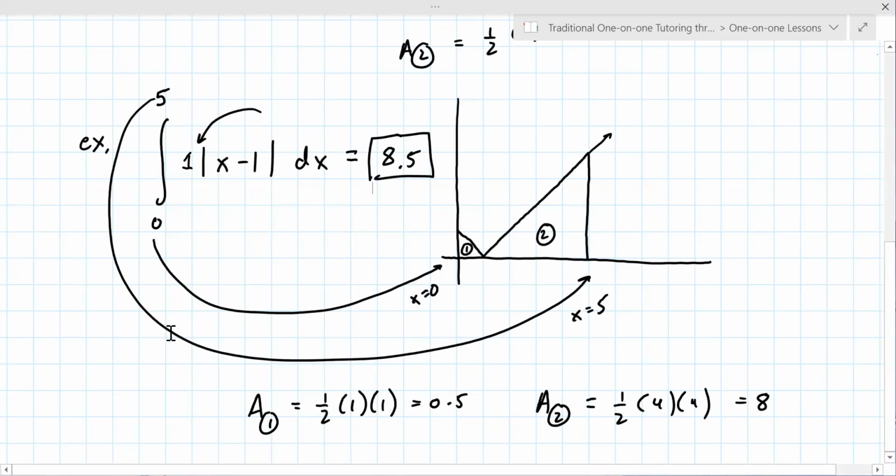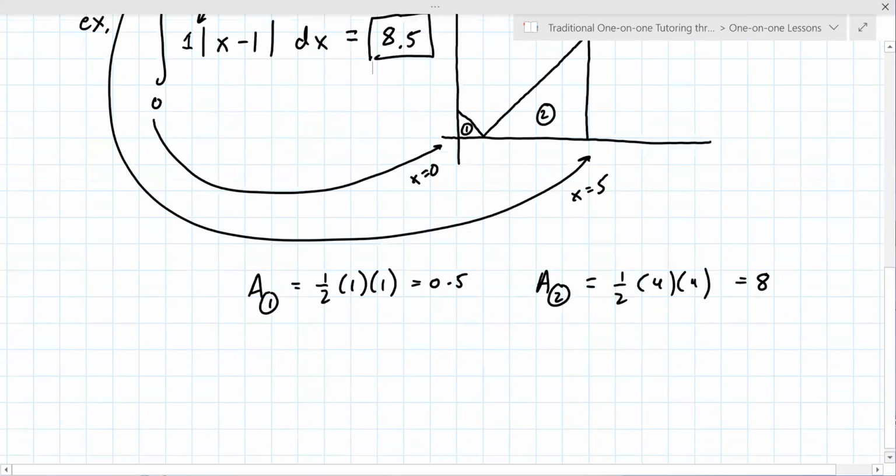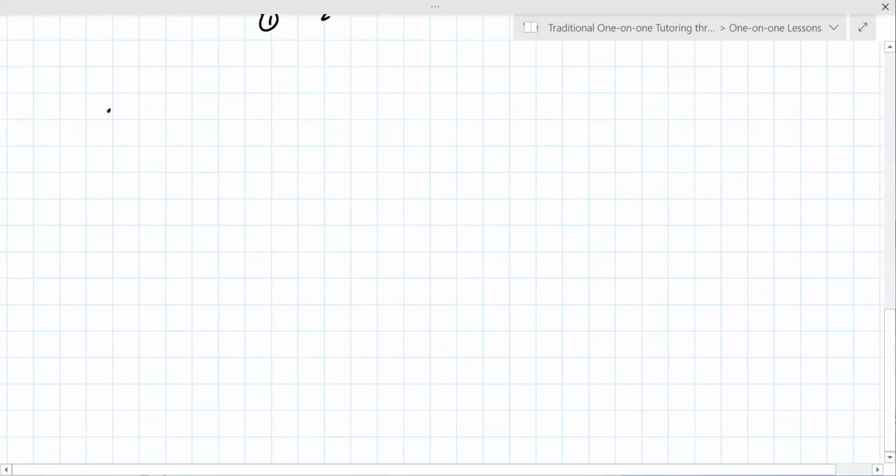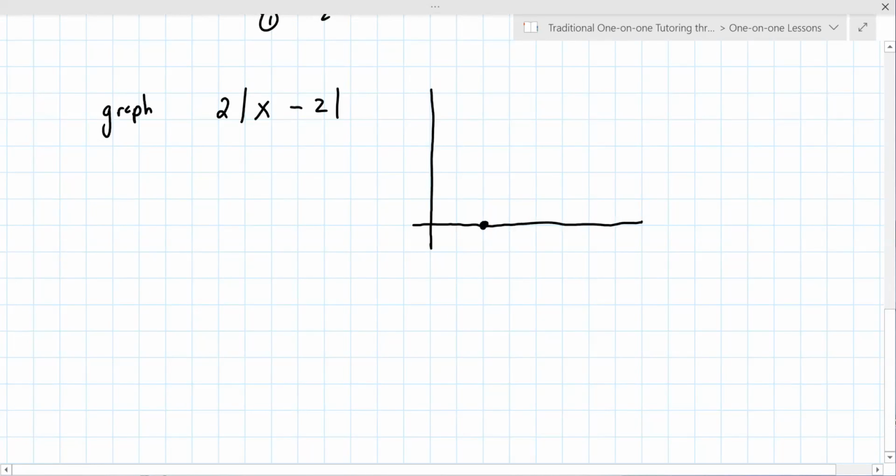So let's talk about a little variation on this problem, just to remind you. We're going to graph a few things just so you can remember. Let's graph 2 absolute value of x minus 2. The way you would graph this quickly is you would go to 2, okay? But this time, actually, let me change this to a 3. This time it's got a slope of 3. So you have to go rise 3, run 1,